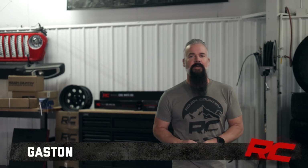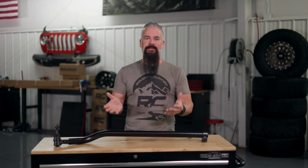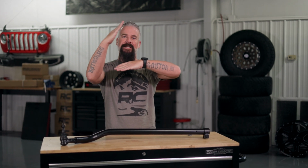Today we're going to take a look at our high steer kit for the Jeep JT and JL. Now at stock height, your factory drag link and track bar are going to be parallel, and that's what you want. But as you lift the vehicle, that angle begins to change, and we remedy that with a high steer